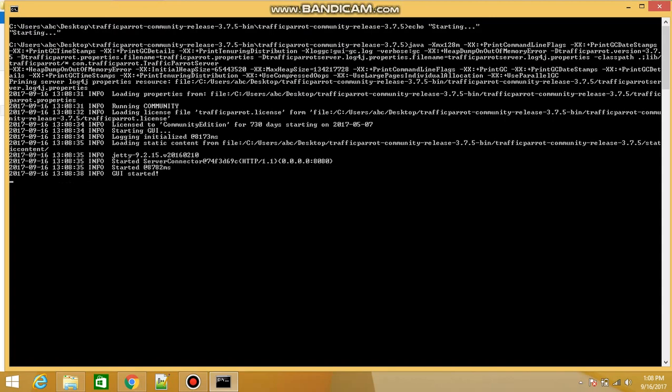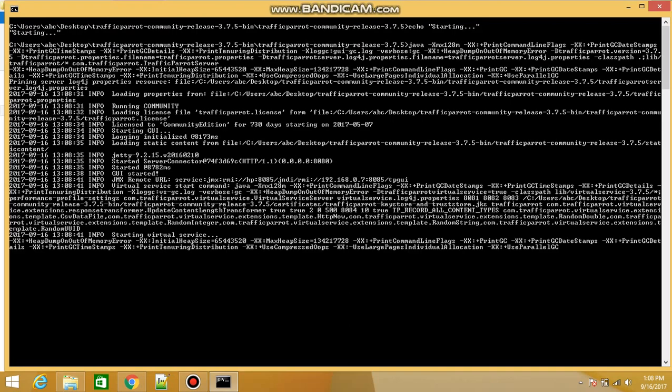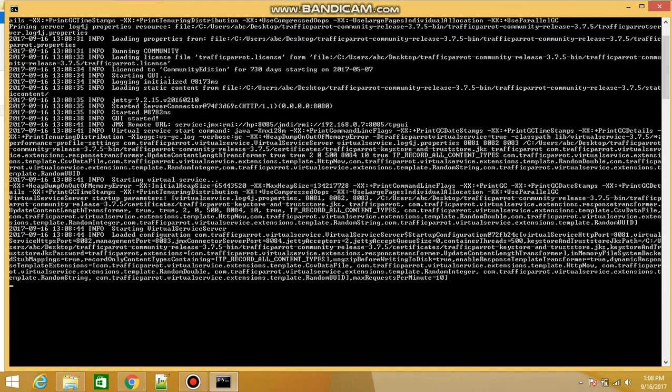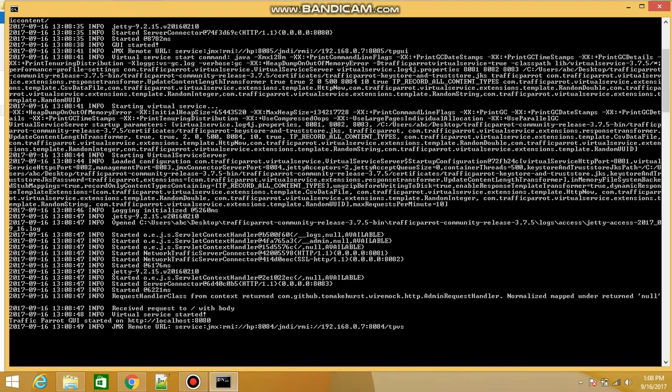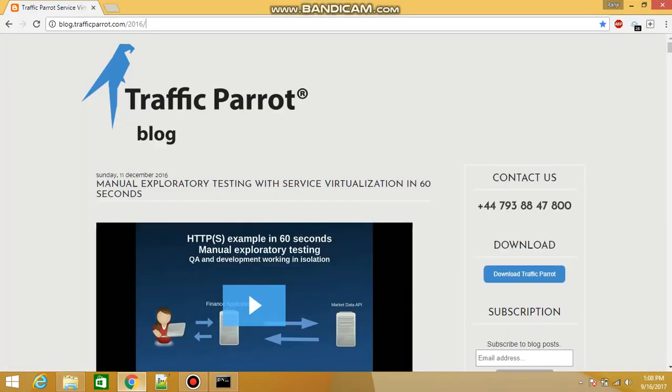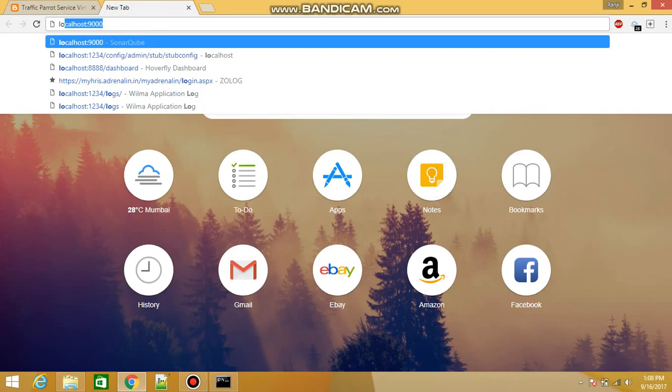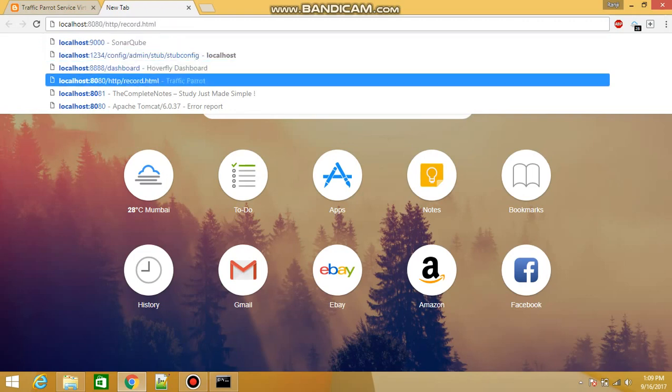It will take some time, and it's saying that the GUI has started, and you can access the GUI over localhost 8080. So it's saying that Parrot GUI has started on HTTP localhost 8080. So let us go to the browser and type localhost 8080 for Traffic Parrot.